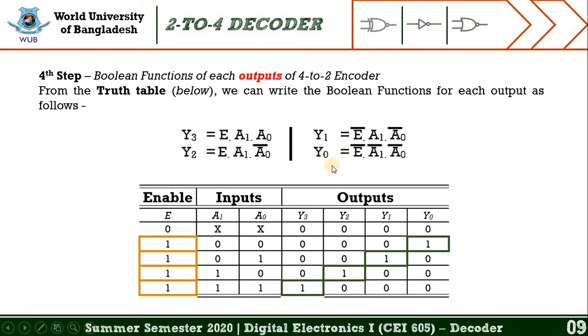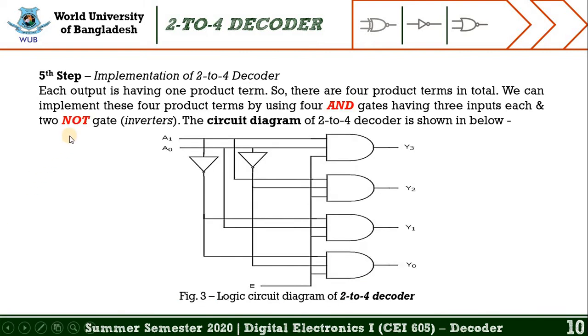We need to move into the next slide. Now, the fifth step would be the implementation of this decoder. Each output has one product term, so there are 4 product terms in total. We can implement these 4 product terms by using 4 AND gates having 3 inputs each and 2 NOT gate inverters. The circuit diagram of the 2 to 4 decoder is